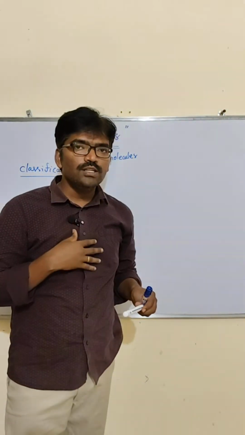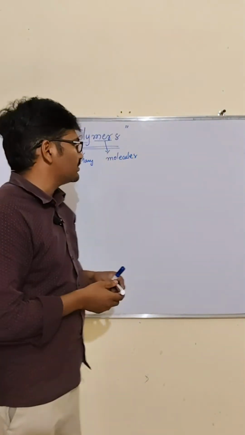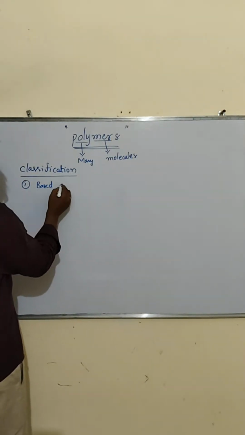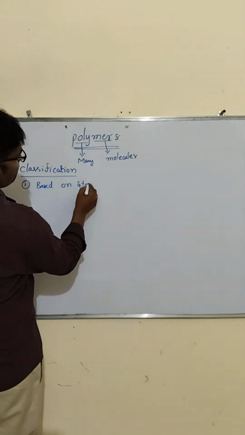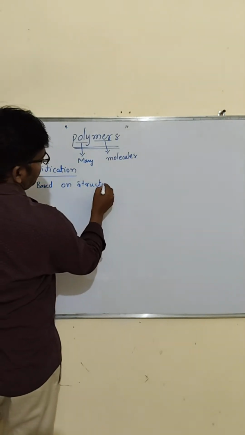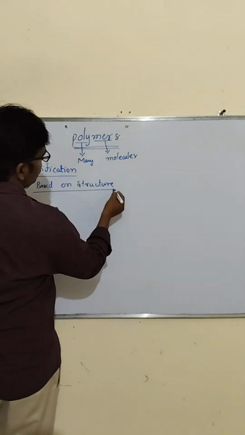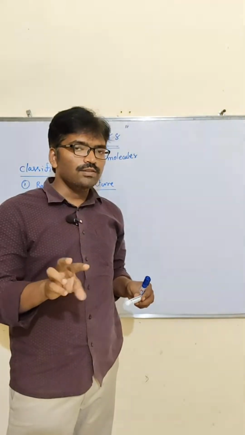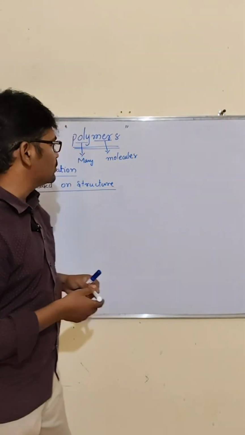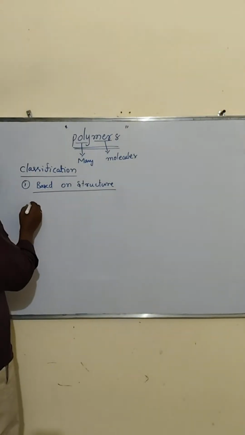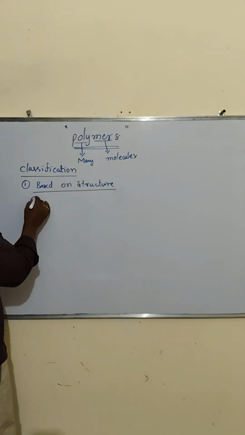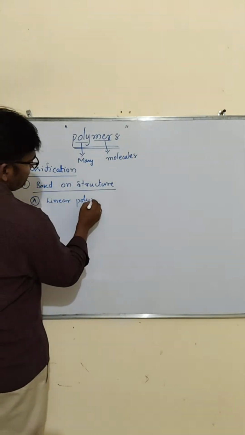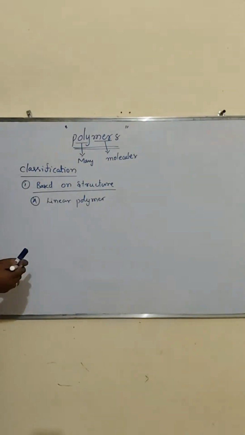So first classification based on the structure. So based on the structure, these are classified into three types. So what are those? So number one, linear polymers. So the linear polymers such as